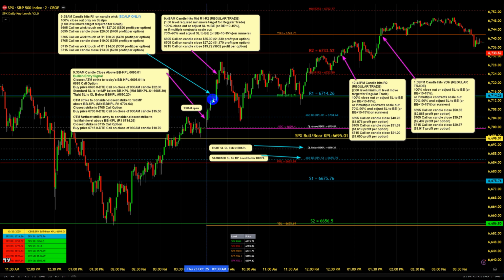When it first gets up here, since the pre-market high is very near the R1, a lot of times, at least on the first attempt, you'll see it back off of the pre-market high. Sometimes it doesn't, but oftentimes it does. In this case today, it did, but it did at least touch. It went through the pre-market high, which is 67.1371, and then touched and went slightly above the R1,